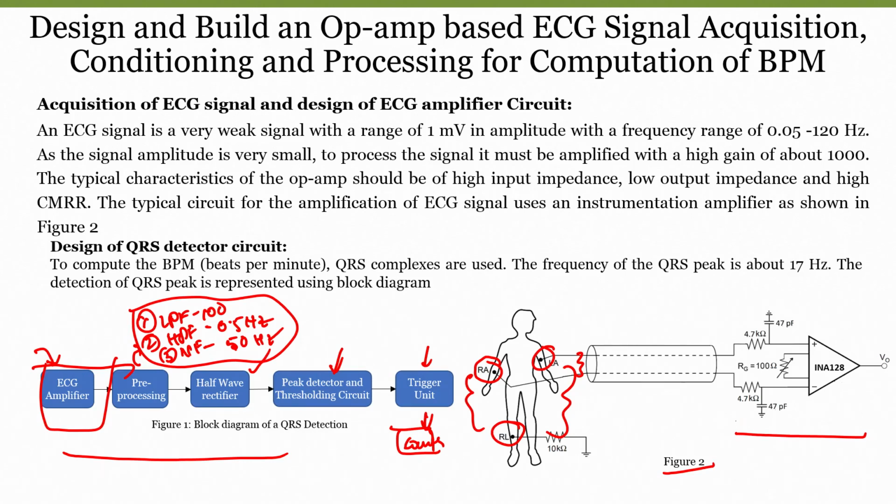But before giving you the live experiment on the ECG signal, we have to build the circuits. We have to split the complete experiment into different subsystems, design those subsystems as we have seen in the block diagram, simulate them, and experimentally verify whether the circuit is working as per our expectations or not. Then, after interfacing everything, we will connect it to the patient and see whether we are getting the ECG signal or not. That is the whole idea of our experiment today.